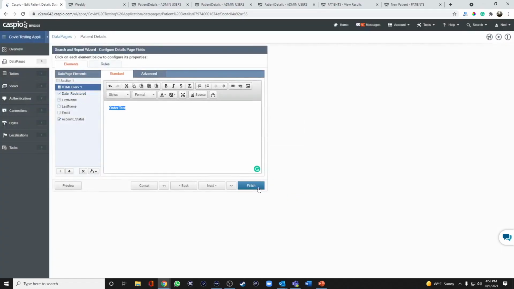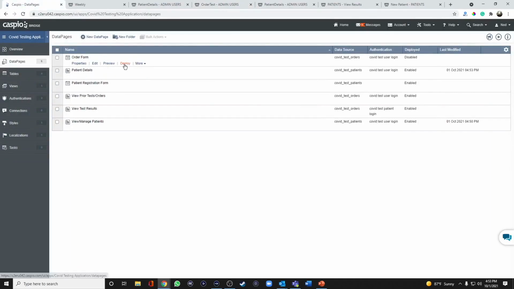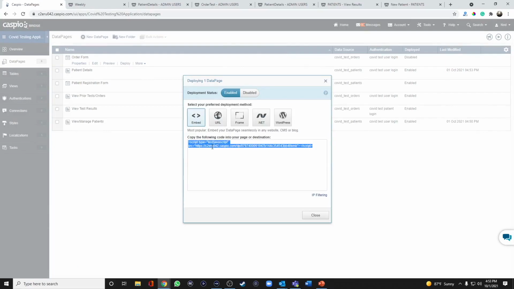Let's hit OK and hit Finish. Let's test this out. Let me refresh. Now when I click on that link, it's going to actually take me to that page. But the final step is to deploy that form that's going to allow me to submit that order. So let's grab that final data page, hit deploy, grab the embed code,